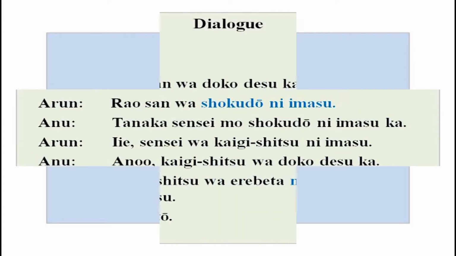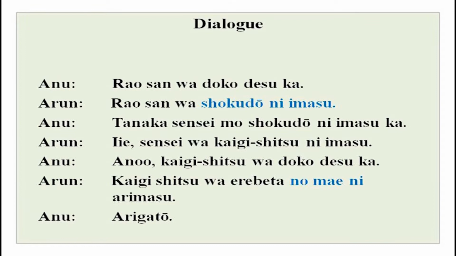Rao-san wa doko desu ka? ラオさんは食堂にいます。 Tanaka sensei mo shokudo ni imasu ka? いいえ、先生は会議室にいます。 会議室はどこですか？ 会議室はエレベーターの前にあります。 ありがとう。